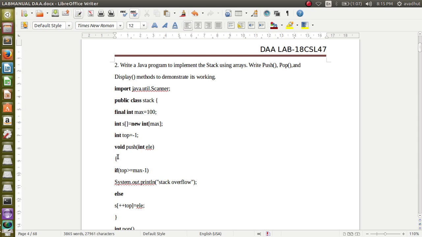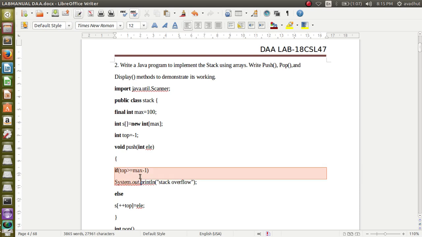So the first function we are writing is the push function. Push function is used for inserting an element into the stack. So int ele. Ele is the name of the element which we are going to insert. See, first when we want to insert any element into the stack, we have to check whether the stack is full or we can enter the element.